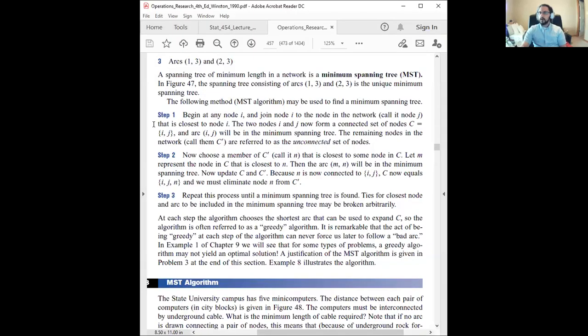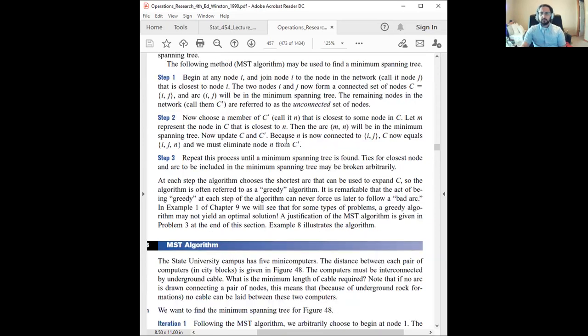This video covers Chapter 8, Section 6 of Stat 454, Minimum Spanning Tree Algorithms. Your textbook lays out a basic step-by-step process of minimum spanning tree algorithms. These are trees that cross a whole network, assuming undirected paths. And if you go through step by step on this process and you read all of the words, basically all